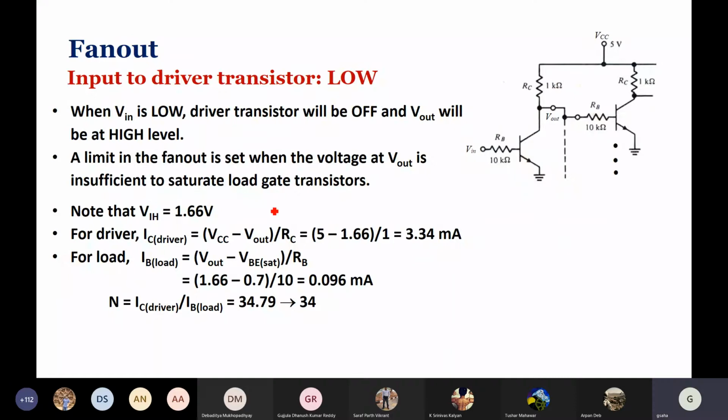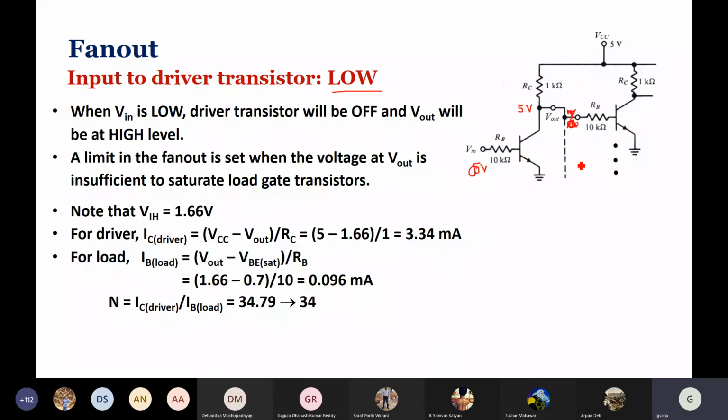Now comes the other consideration. So when the input is low, we can begin with one such thing that has been connected, which Otpon studied in detail. Sorry, when this is 0 volt, if no load was there, this output was 5 volt because no current was flowing. Because this transistor was cut off, leakage current we can neglect. Now because of the presence of the load, we just consider one of them is present.